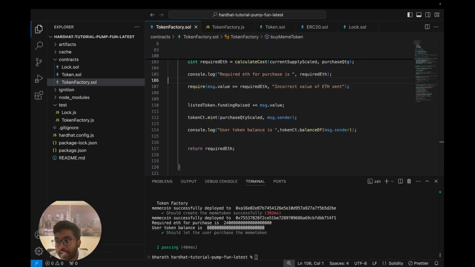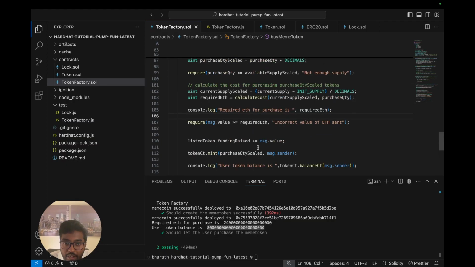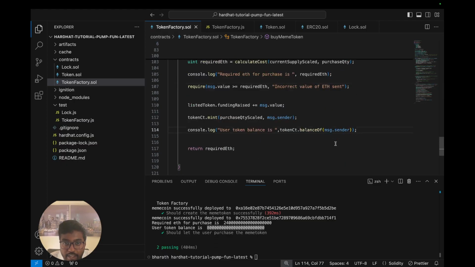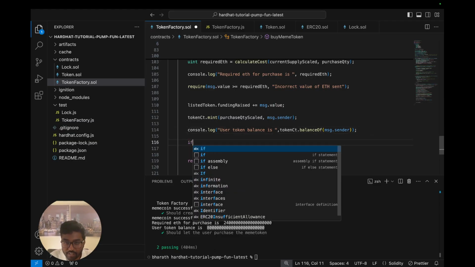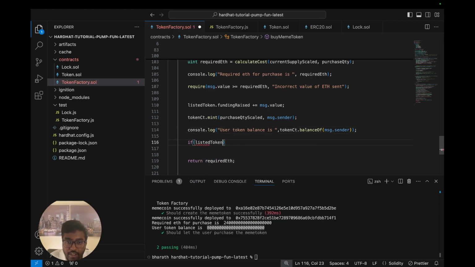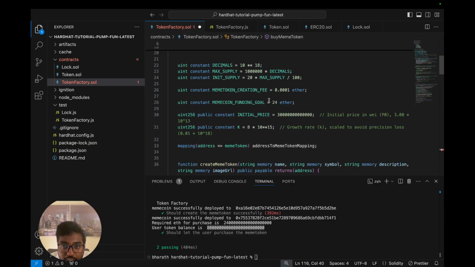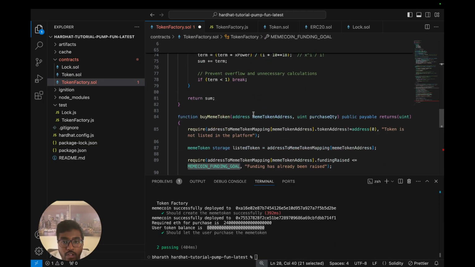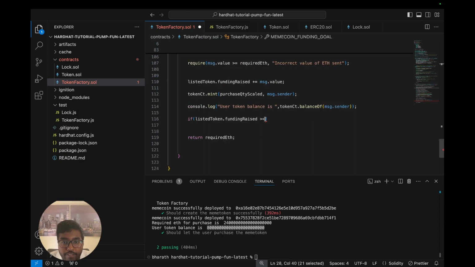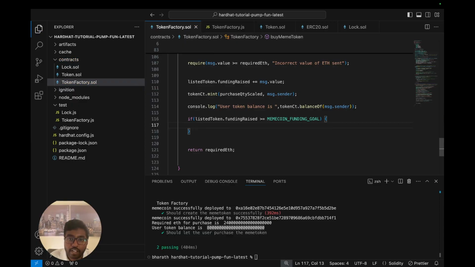Now coming to the next step, right? What exactly is the next step? After the user has bought, if the funding raised has already crossed the required funding. So if you look at the funding required, which is basically 24 ETH, let's go back here, meme coin funding goal. What we're going to do is, if the token dot funding raised is greater than or equal to the meme coin funding goal, what you really want to do next is